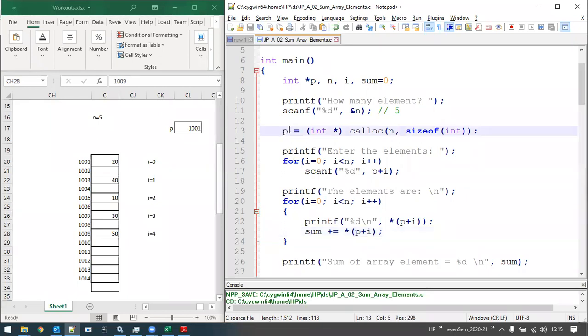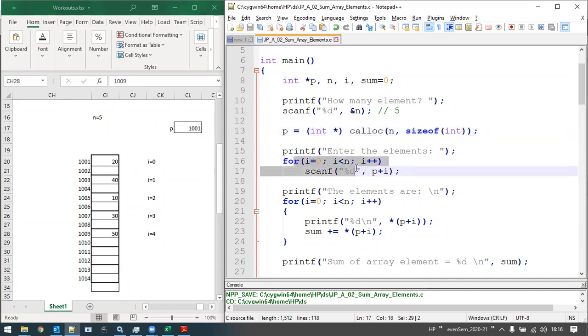We are just making use of the pointer concept, that is dynamic memory allocation, to allocate the memory for array elements. Here the array is not declared as a static array. We have created a pointer, and this pointer is capable of storing as many elements as we define: n elements, and every element takes the size of the integer data type.